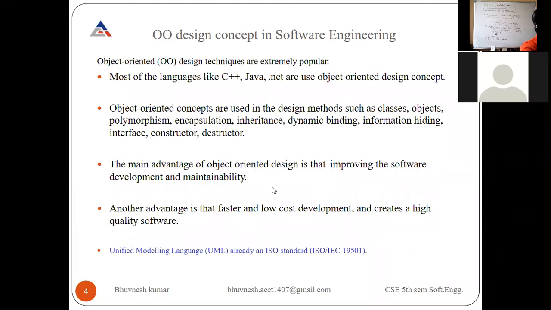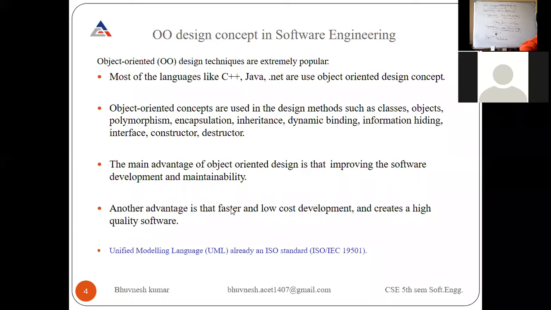The main advantage of object-oriented design is improved software development and maintenance. Why are we using the OOD concept? Previously we used functional oriented design, but there is also the OOD concept. With the OOPS concept there is an improvement in the development of your design as well as the maintainability of your design and your software.